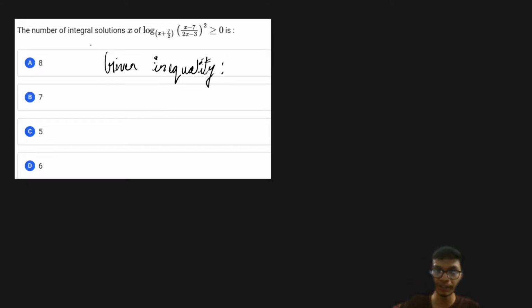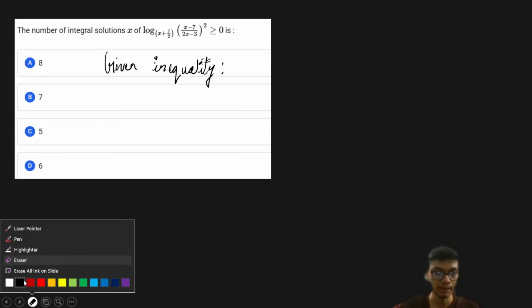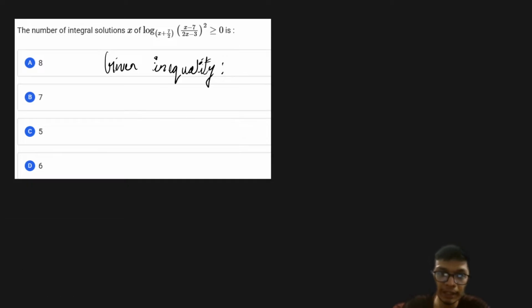Whenever you're working on the rough sheet, please try to draw a margin between two questions, so that you understand which particular question you are discussing, right? So this is clear to all of you. I hope you will follow that. Okay, so the given inequality